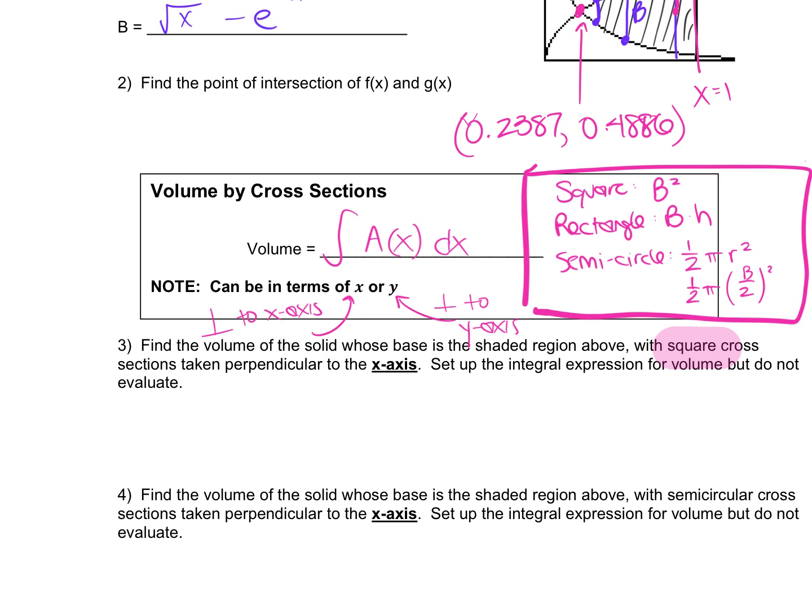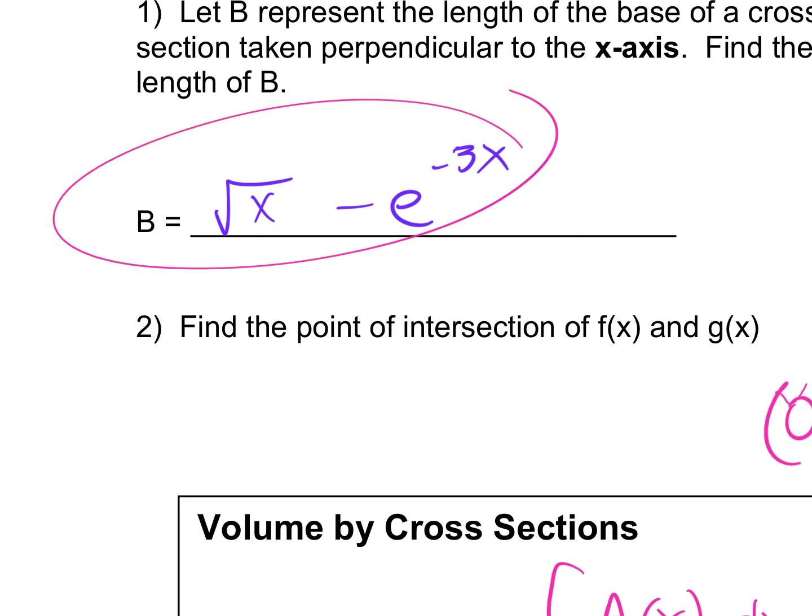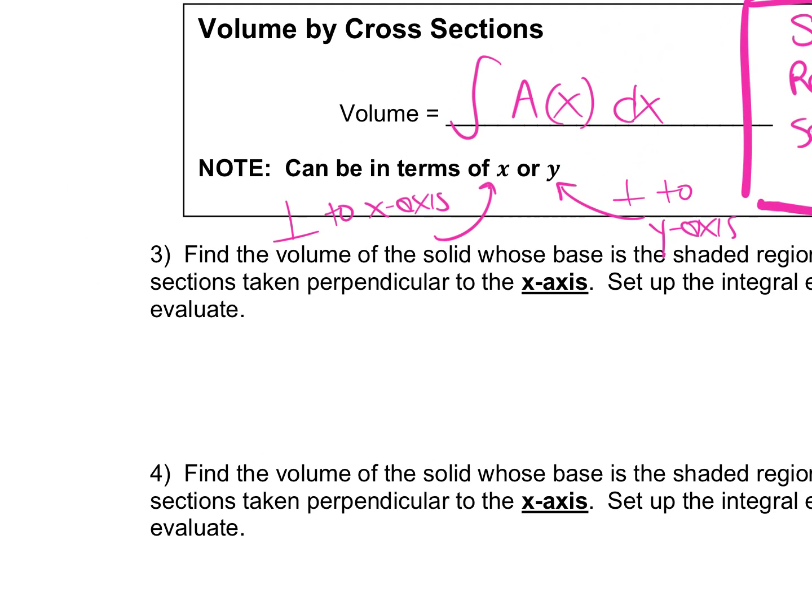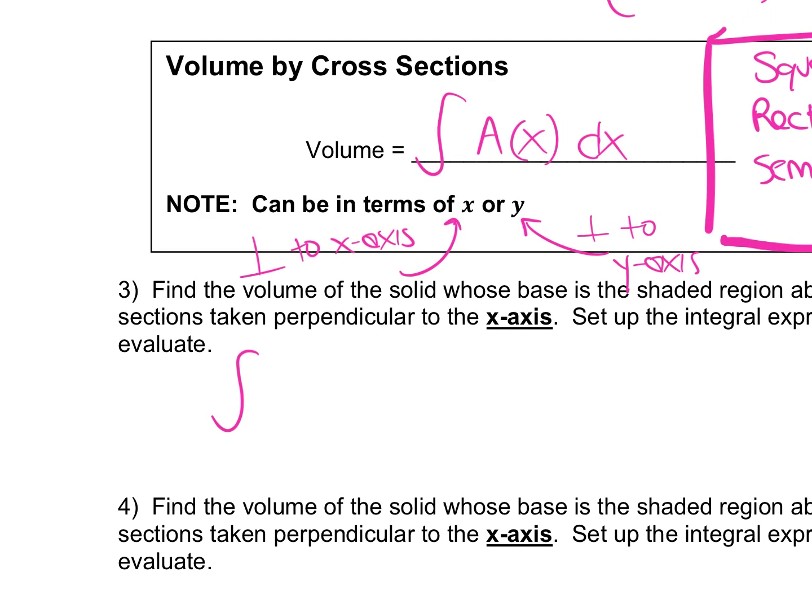The B is the base, but right up here, look. We set up at the very beginning what is B, and we're going to do that on every question. That is the side of the square. That's going to be like the point of how we set that up. So when I set up my volume formula, I'm going to set it up as the integral from, okay, and